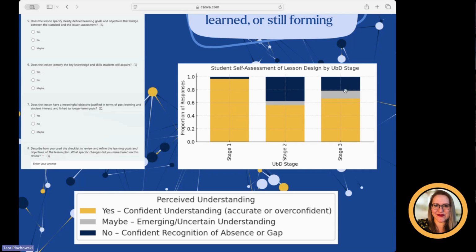And so you see the maybes here are gray, that there were far more maybes in the area of instructional design, that they weren't quite sure if they were answering that question accurately, if they could really judge that on their own knowledge. And so what excited me about this data is it really reflected in real time what was going on in our learning process.